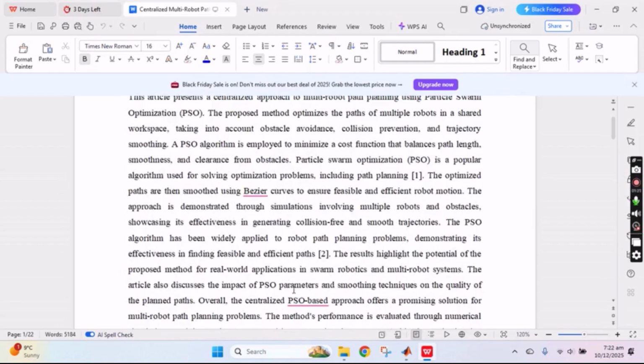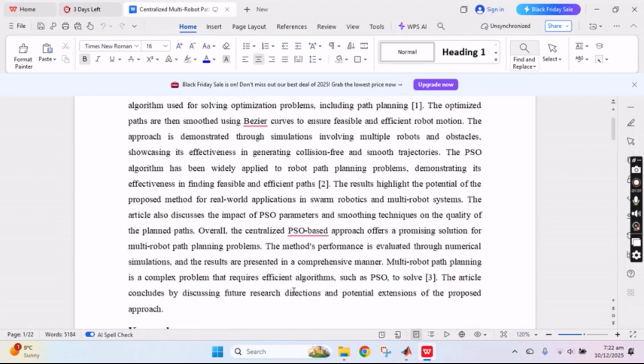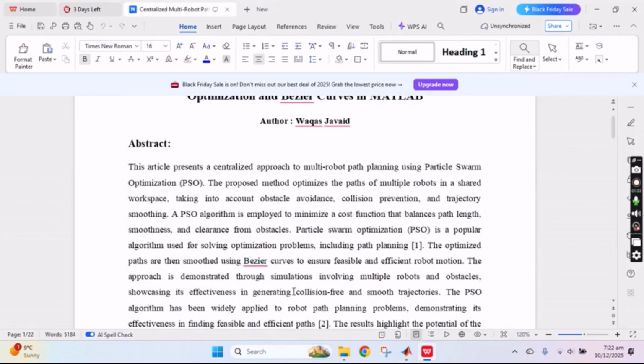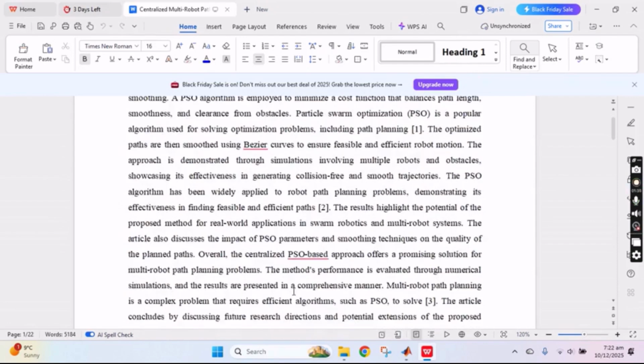The path planning problem needs to be demonstrated as effective in finding feasible and efficient paths. Okay, so I have written the complete abstract with the explanation of how PSO works with the multi-robot path planning